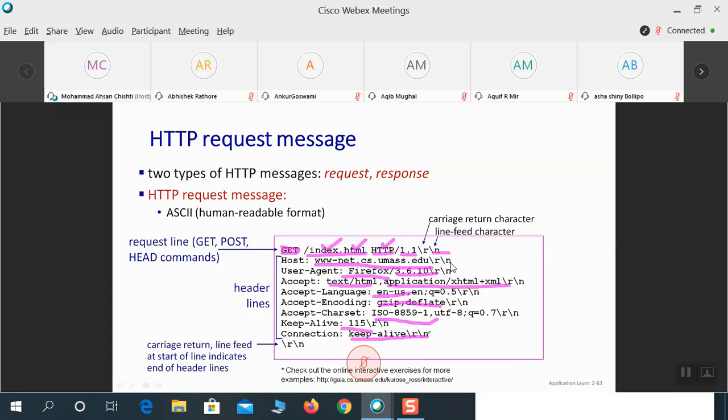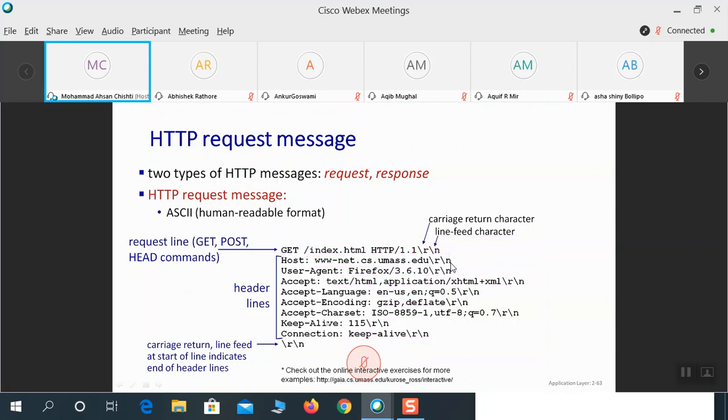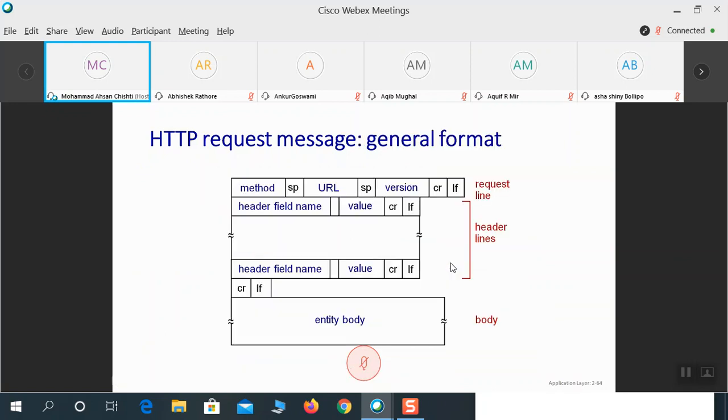This is what you have requested. You have given a lot of things that you accept, a lot of information that you are sending. In fact, you have told them what browser you are sending it through, what protocols you are expecting, and what things you are expecting from your end. This is the format of it. This is how the HTTP request looks like.